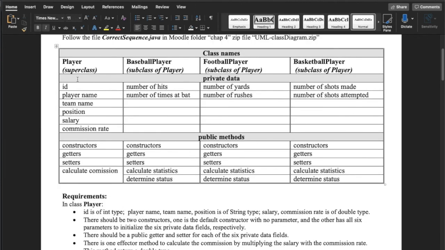So we're going to have a superclass of player, and then baseball player, football player, and basketball player are going to inherit from player. And that makes sense, right? When we looked at the fruit examples, we had type fruit, which was the superclass, and then we had apple, orange, and a couple other fruits. It looks like we've got some private data members here for my player,